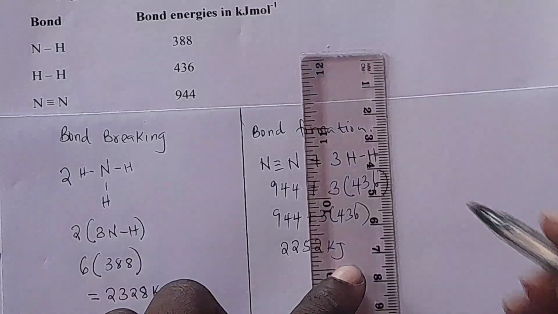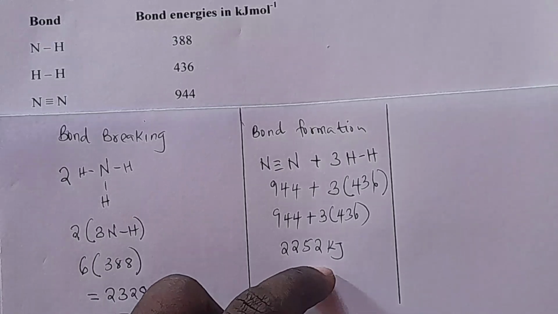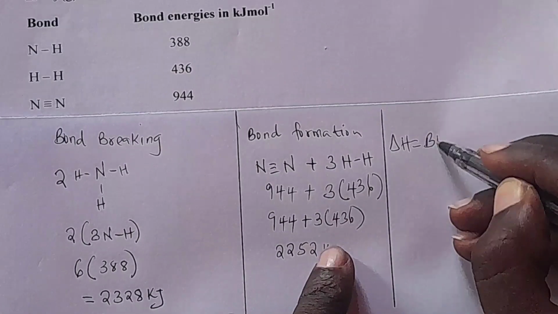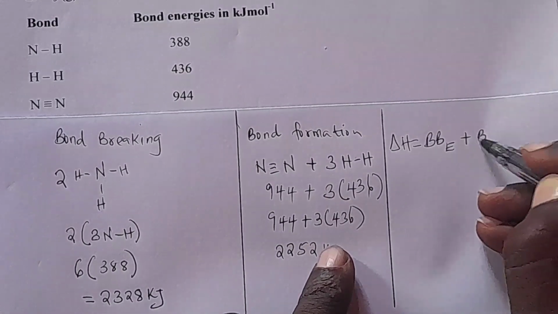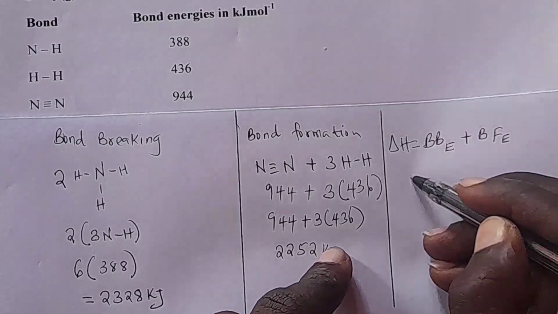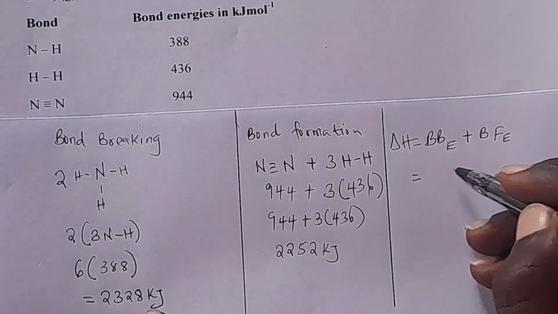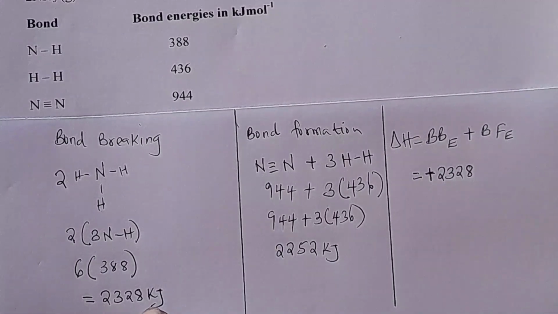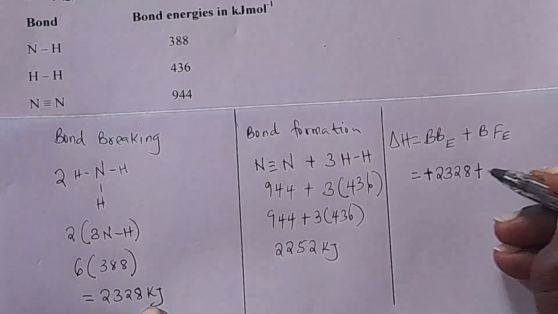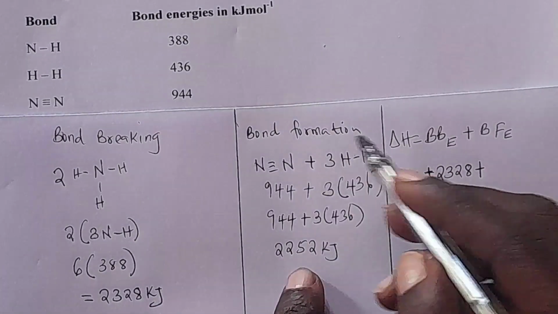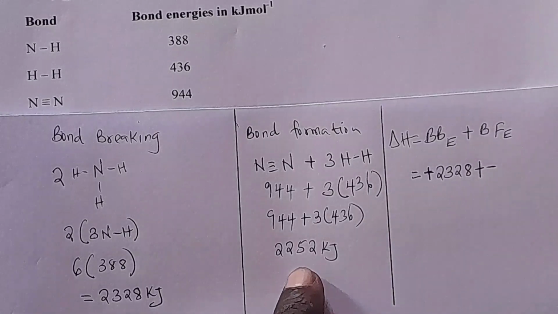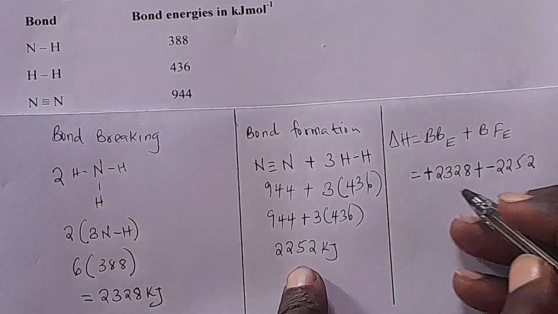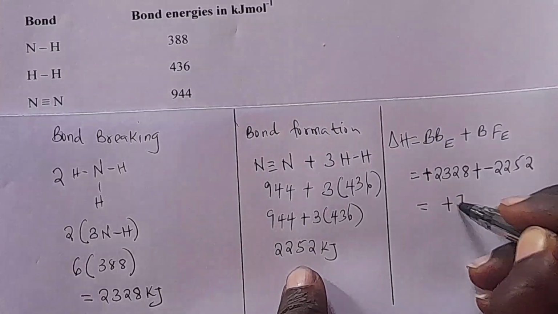Okay, to move on, we are going to get the heat change or the enthalpy change. The enthalpy change or the heat change is given by bond breaking energy plus bond formation energy. The bond breaking energy is 2328 kilojoules, but you're supposed to put positive because that is an endothermic process. Then plus 2252 kilojoules, but it's bond formation, which means it releases energy, so it's an exothermic reaction. We are going to have minus 2252. So when you add all this, you are going to get positive 76 kilojoules per